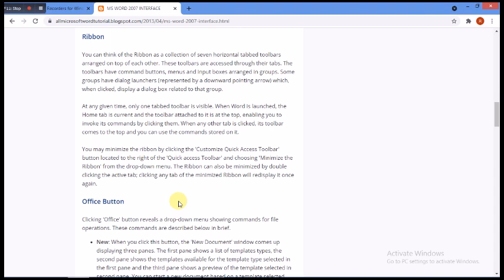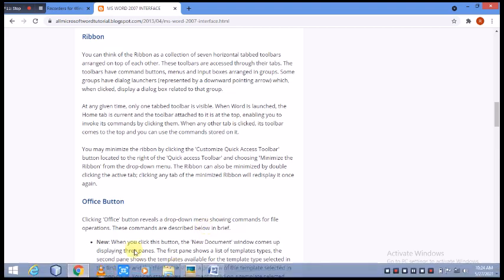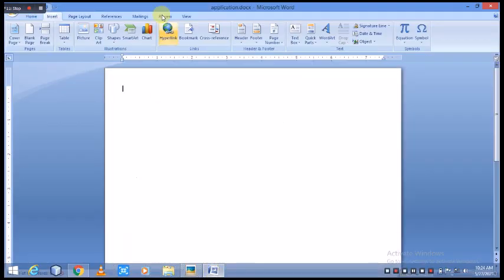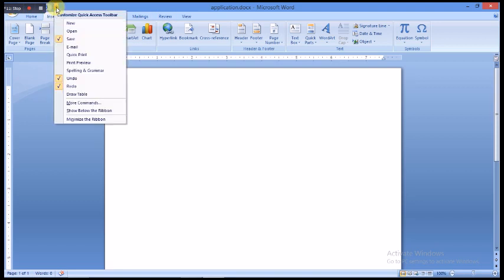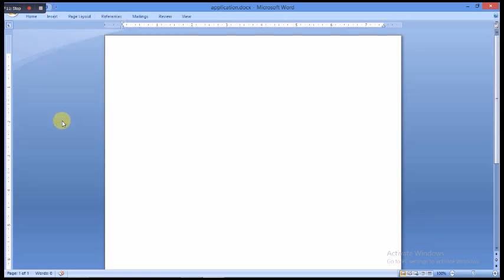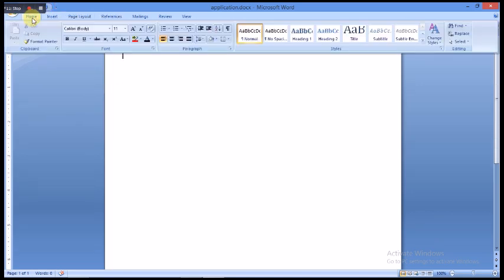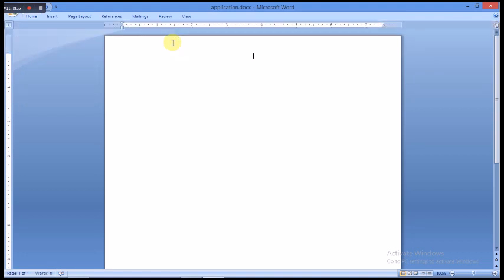Here is our quick access toolbar drop down menu. If we want to minimize our toolbar, then whenever I click any tab, only then it will be activated, and whenever we press it, it goes back into the minimized state. So I think it will be better if we don't minimize this ribbon. Okay.